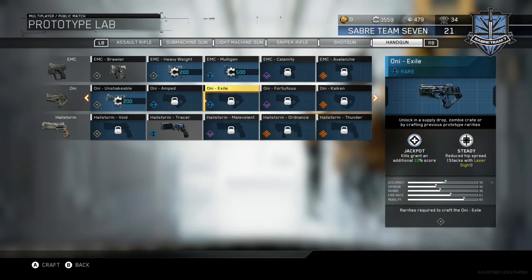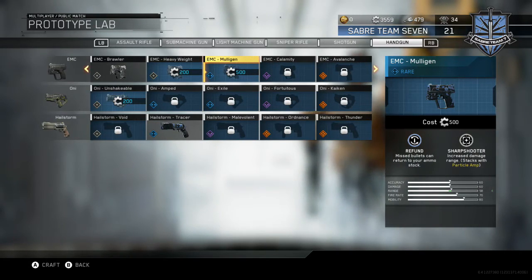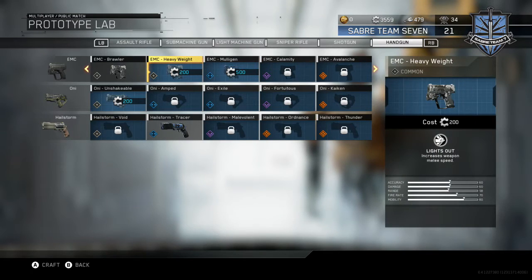And they literally added in almost all of the handguns. We have the EMC Heavyweight, which just has Lights Out, which is increased weapon melee speed. I mean, again, if you get that close to where you have to melee somebody, I feel like the melee speed won't really matter. So I kind of feel like this is a throwaway gun too. But I mean, if some people like to run around melee, I know pistol gives you faster movement speed than having a light machine gun or something like that,